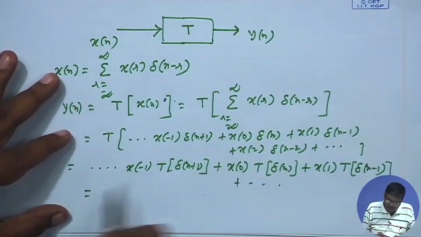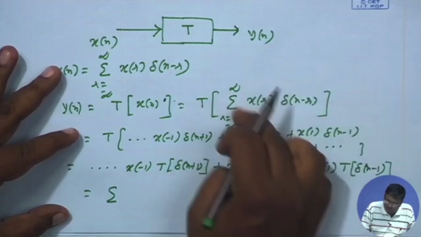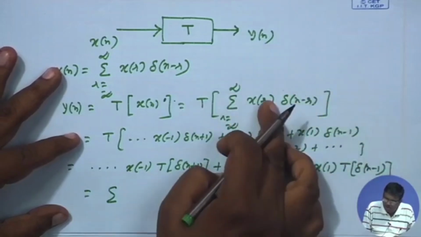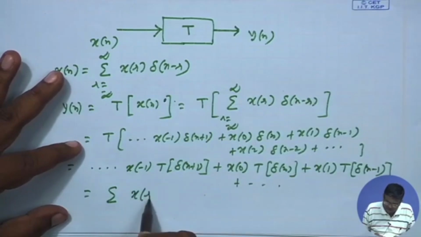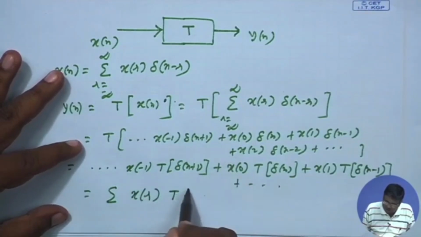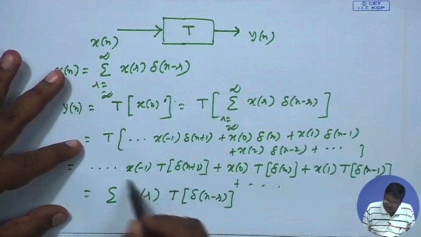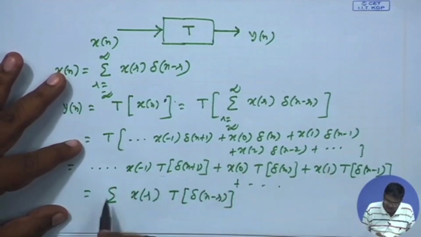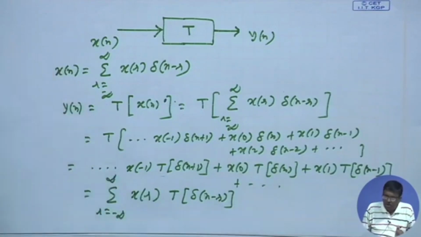In general, in this expression you can write T will work on this total, and then this constant will go out, T will work on this. So, x r times T working on delta n minus r. This is nothing but this summation. I am writing in this way. All right. So far, so good. Now, suppose